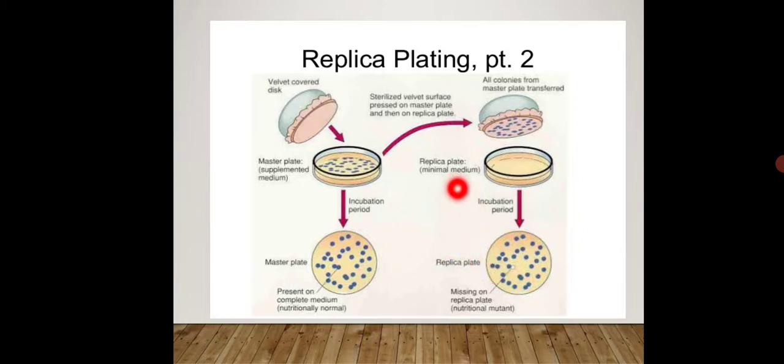The question will arise, ma'am, it is a minimal medium, so maybe nutrients are low and it has not developed, but that is not the case. We have exposed the plate to the UV. So when there is a mutation in the gene, it will result in the absence of the colony. So you can identify that in this colony there is a mutation, and hence it is not developed. In that way you can perform the replica plate technique. So that is all about the fluctuation test and replica plate technique.